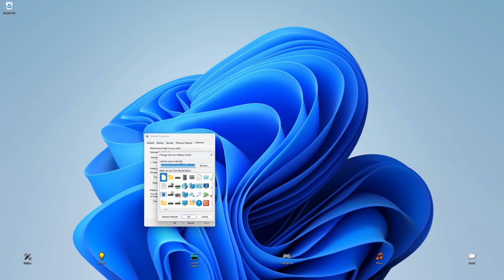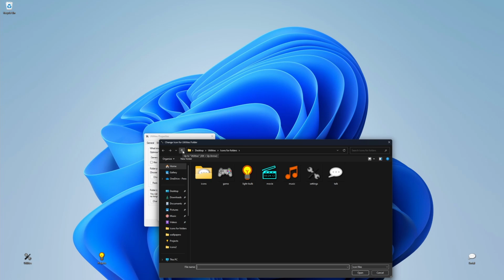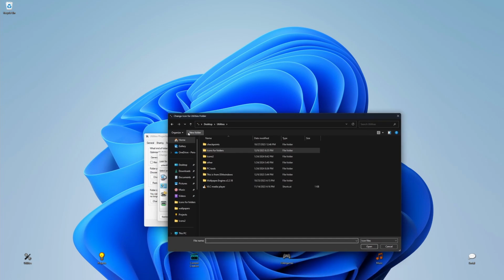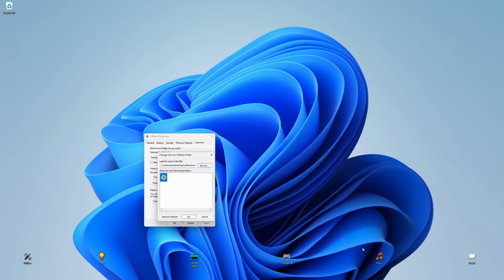You click change icon. Right here you just have the Windows icons, but you want to look for your custom icon. How you do it is you just click on browse and you look for the folder that you put your icons in, okay? I recommend you put them in a folder. So we got the folder right here, and we'll choose this one, okay? You click on open,